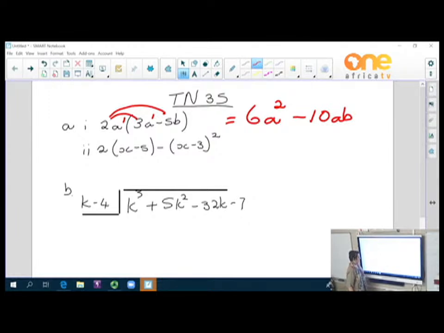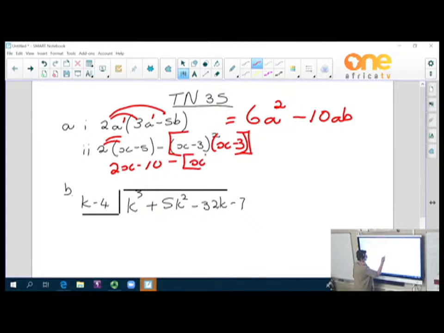This one is a little bit more difficult because I can multiply in here, but I also have to solve this. And you actually have to do this part first. And remember, what is the meaning of this? It actually means it is x minus 3 times x minus 3. And put it in extra brackets because you still have to come back to this negative here. Otherwise, your signs are going to be wrong. So we do it like that. So the first step here is now 2x minus 10. And now I'm going to do this part here. So it is x squared, FOIL. Can you remember FOIL? First, last,